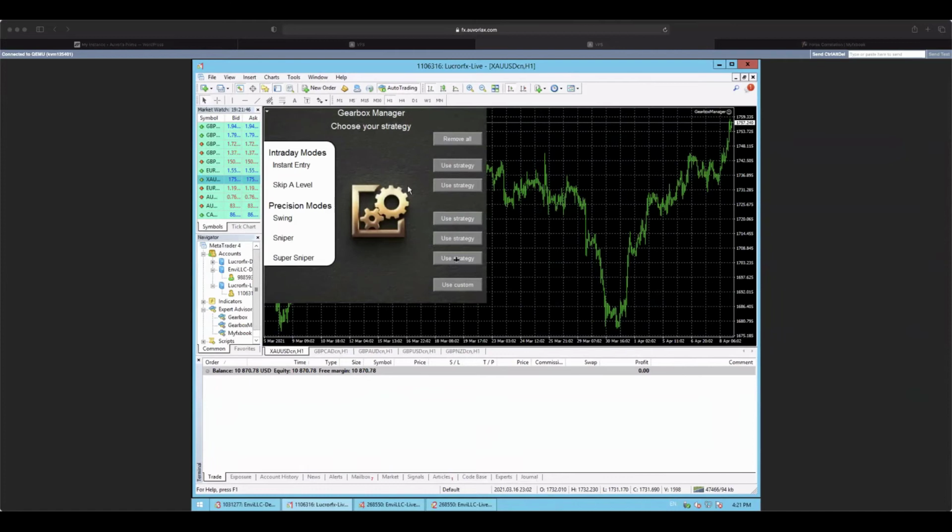So like gear 6 here on GBP NZD, we're waiting like 400 pips minimum before we even enter a trade. If you go gear 7, you're waiting like 550, right? We're waiting a large amount of pips before getting in, not no retracement, but a sufficient retracement. So we're looking to play reversals more in precision modes. Intraday modes are really looking to play short counter trends and just get in and out.